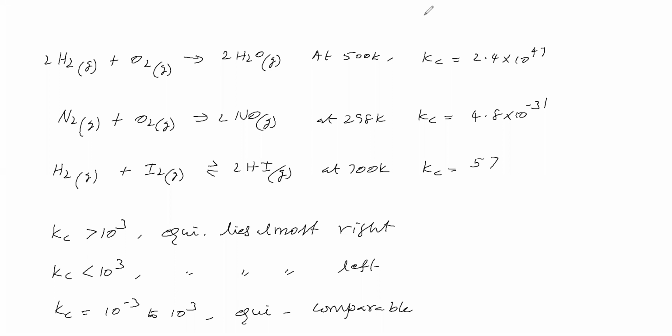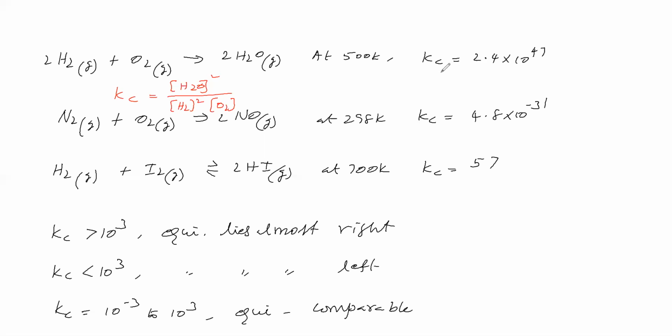In this case, we will write the equilibrium constant. Suppose Kc is equal to, right side we have to write in the numerator, that is water to the power 2. Left side we have to write in the denominator, that is H2 power 2 multiplied by O2 power 1. Don't write the plus symbol, multiplication only we have to write. By substituting equilibrium concentrations, we got the equilibrium constant this much.